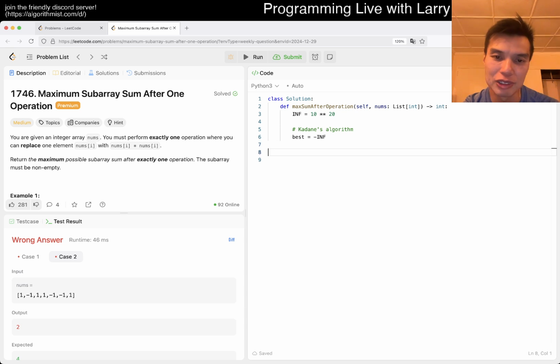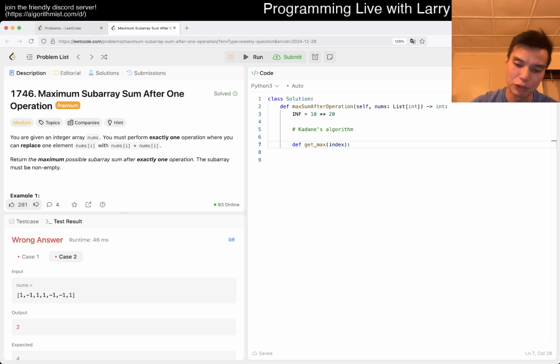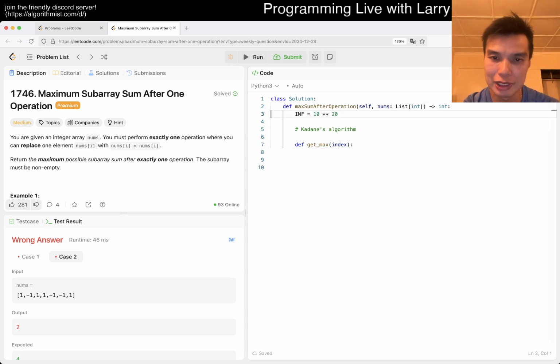The way that you can also think about writing it is just top down. And top down, you can maybe just say, naming things is hard, that's right. Maybe just get max, and you have an index, right? The index is just what it sounds like, the index. And technically, the way that I often do this is backwards, meaning from beginning to end, but the recursion pops up backwards, right? So let's say we have n items,